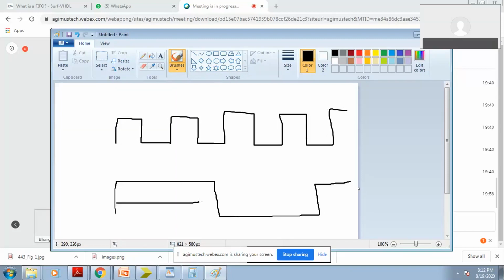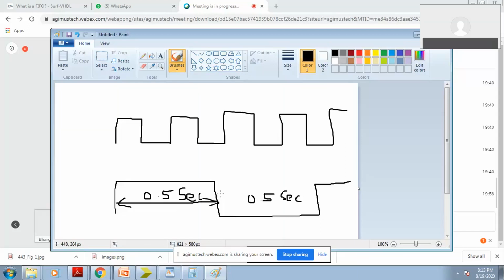So this should be of how much time? This should be of 0.5 second. On period should be of 0.5 second, and off period should be of 0.5 second.